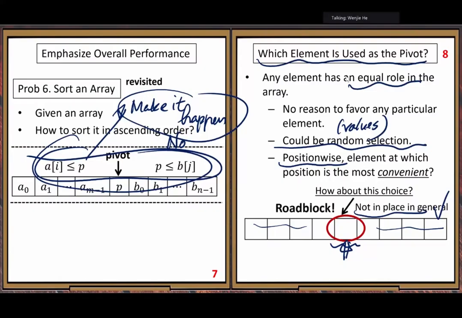Then you can see the location of this element is not convenient because it looks like a roadblock when you move elements around.